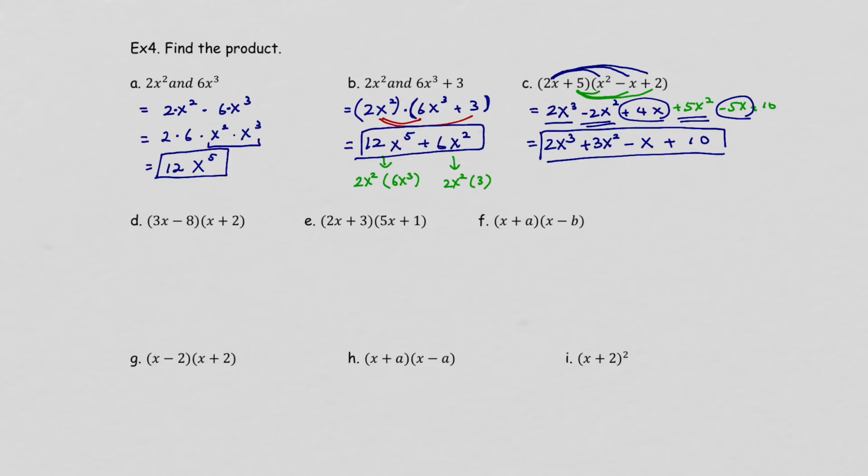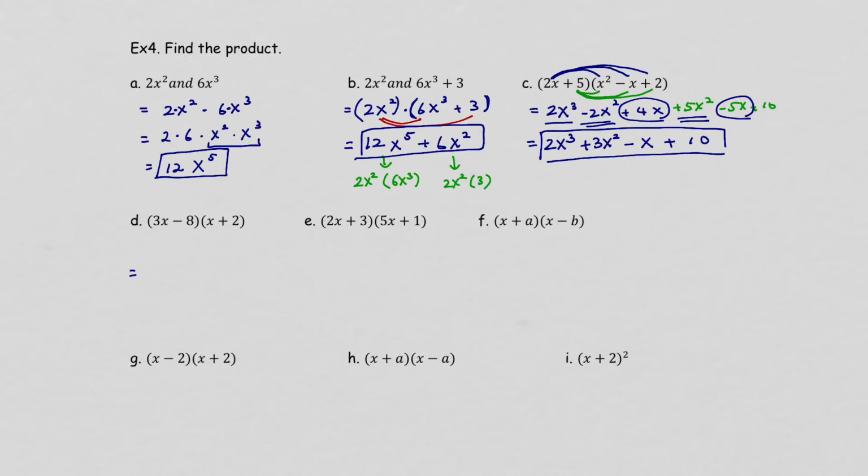What about if we have 2 terms multiplied by 2 terms? We do the same thing. First you're going to multiply 3x into these 2 terms. Once you're done with that, then negative 8 into these 2 terms, right? So if we write that down,